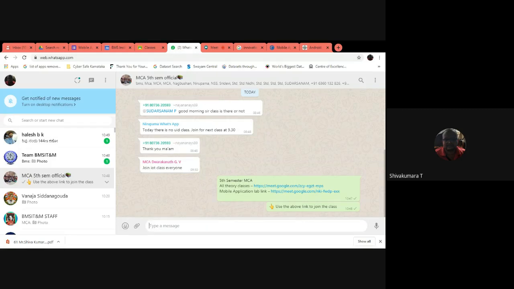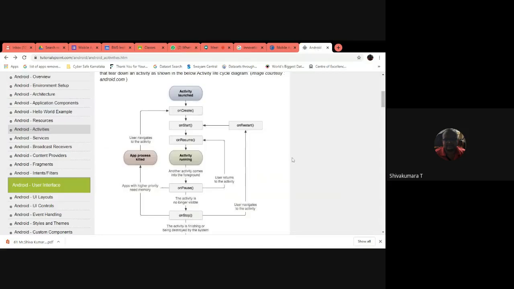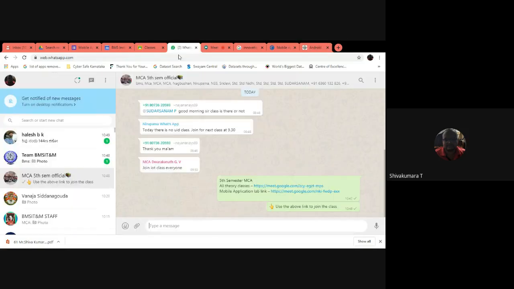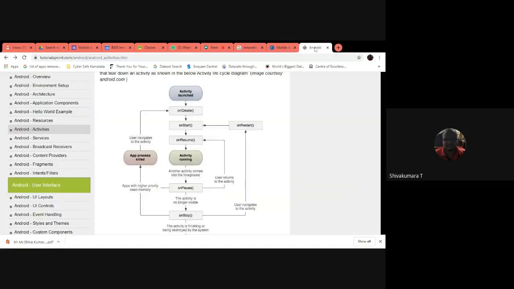Until that time, it is waiting for your input. That is the on resume method. Then the activity is running. So these three methods, on create, on start and on resume, are sequentially executed and keep the app open, waiting for your further input, right?